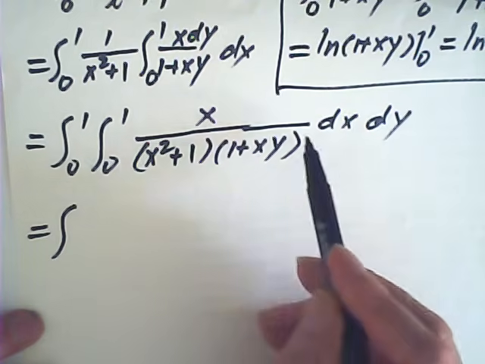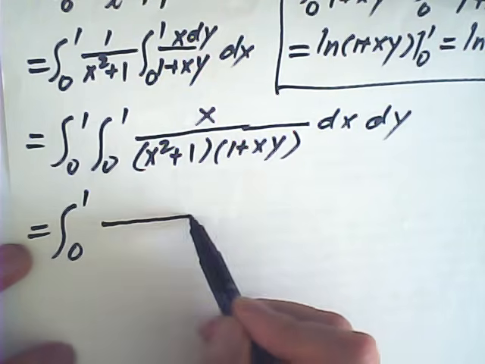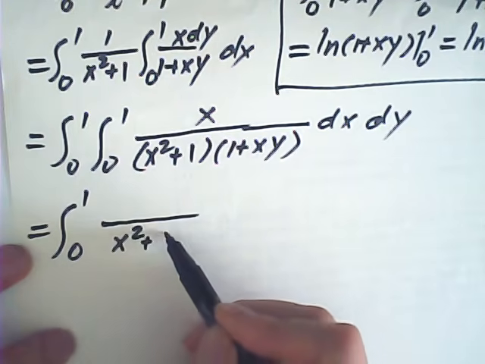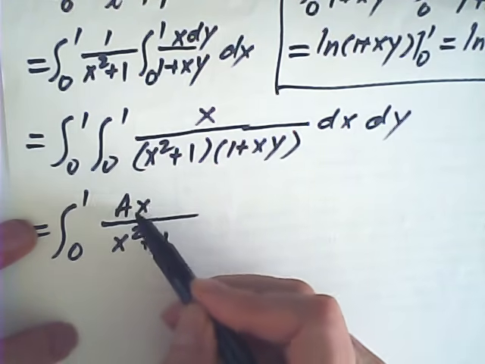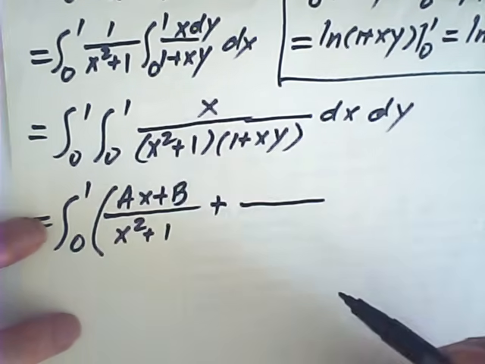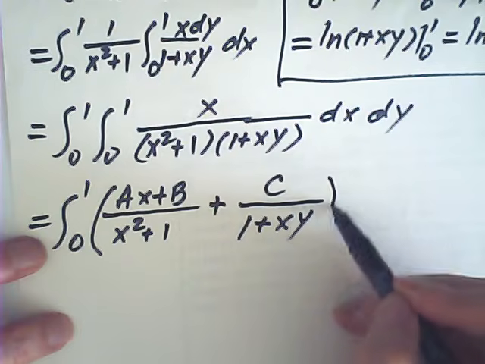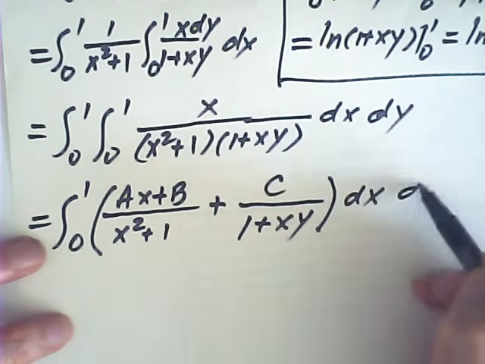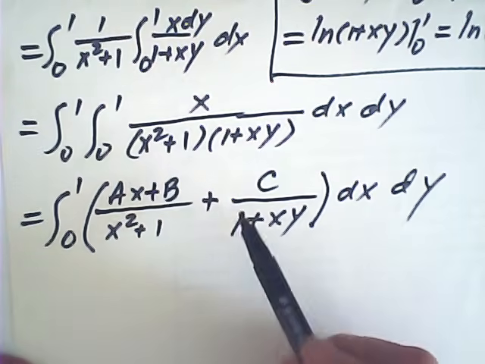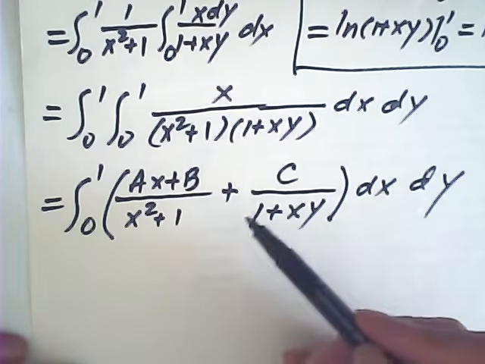well then we can use partial fractions. So this one is equal to x over x squared plus 1, this is ax plus b, right? Plus c over 1 plus xy, and dx then dy. If we integrate with respect to x, then here y is just constant. Okay, then